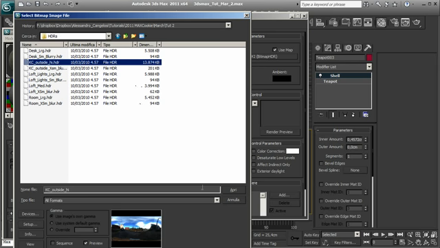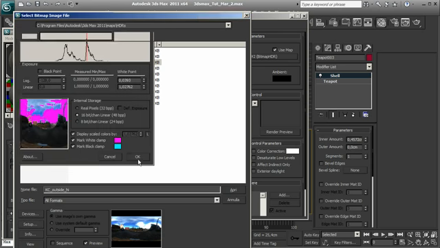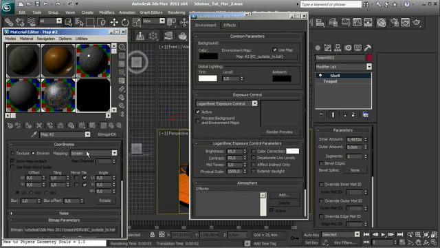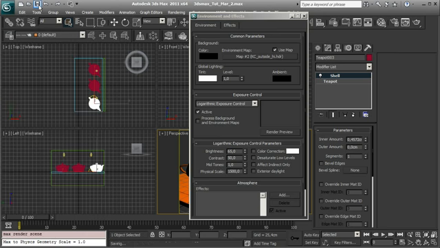For example, this one is not so important. I will set up this. Okay, and let's go there to spherical environment. Let's save,